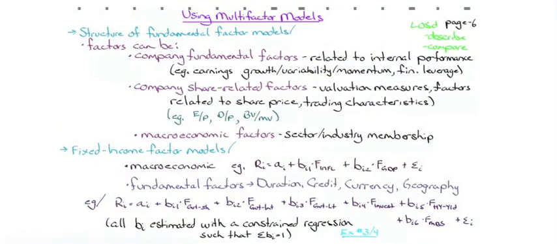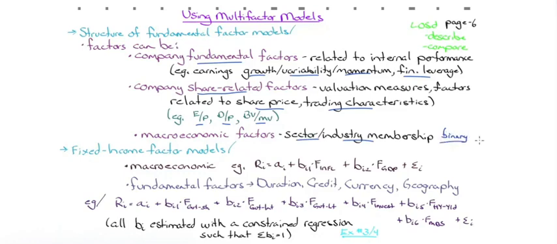Within a fundamental factor model, the factors can be company fundamental factors. These would be related to internal performance, like earnings growth, earnings variability, earnings momentum, or financial leverage. They could be company share related factors, valuation measures, factors related to share price or trading characteristics. So our earnings yield, dividend yield, book value to market value. Or they can be macroeconomic factors, typically sector or industry membership. These are our binary